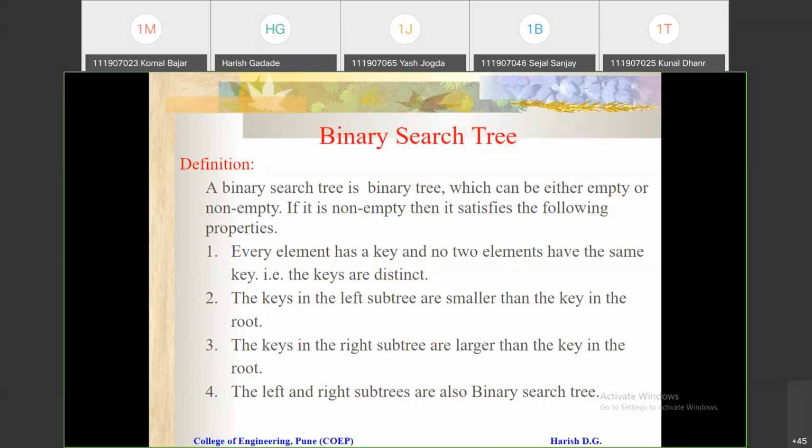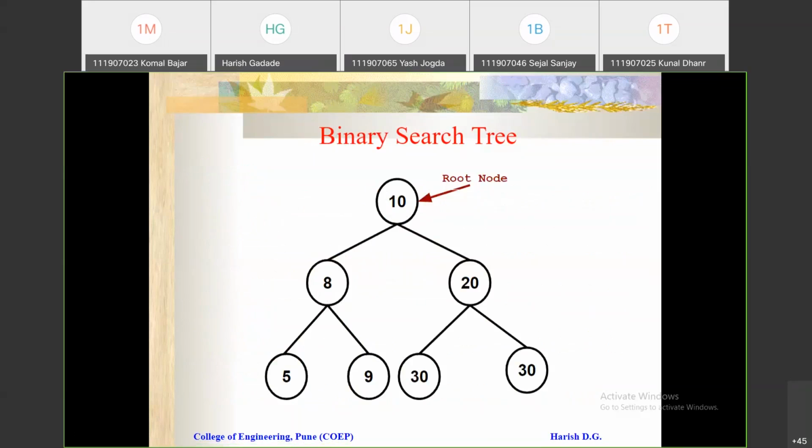I'll show you the example so that we understand here. You can see this is a binary search tree example. Now consider this as the root. Which one is the left subtree for this root? This is the left subtree for this 10, and this is the right subtree of the 10. If you observe here, the left subtree of this 10 has all elements smaller than this root element. The root value is 10 and the left subtree has elements like 8, 5 and 9. All these three values are smaller than 10.